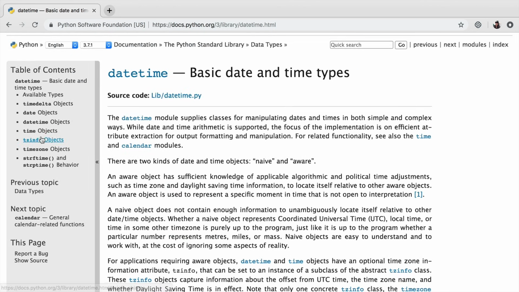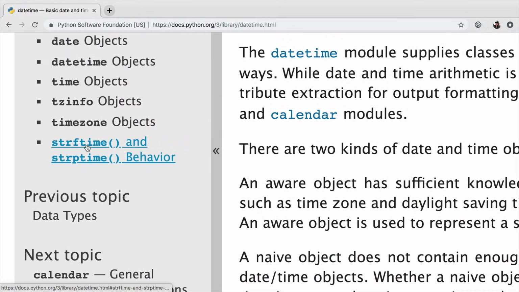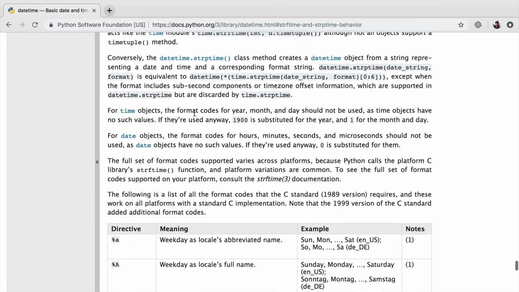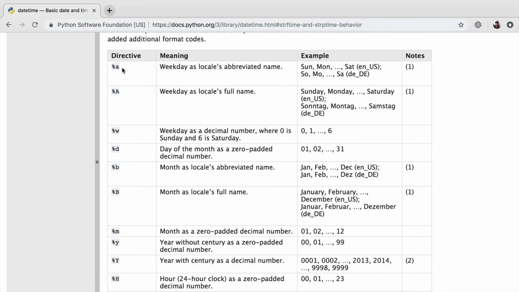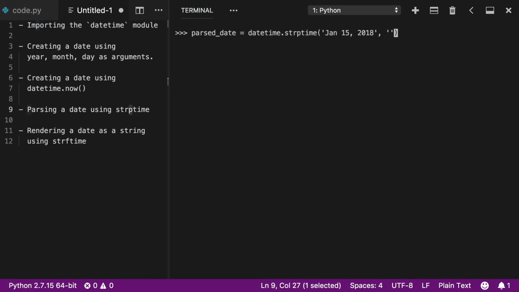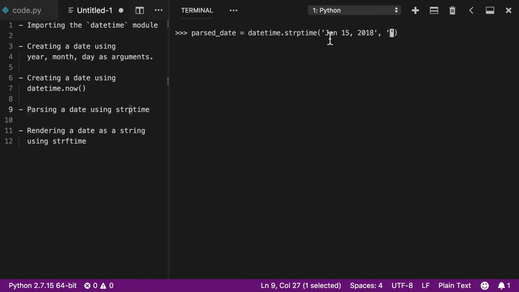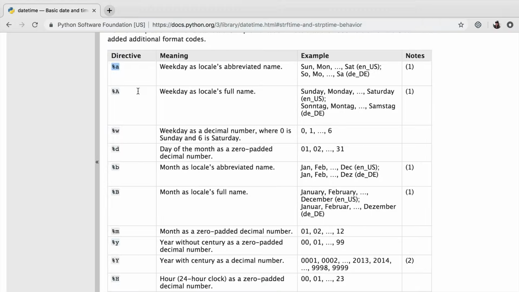On this website, we're going to come over to this sidebar, and we're going to click on strftime and strptime behavior. So down here in this section, this kind of gives you an introduction into how these two functions work. And right now we're looking at strptime. But if you come down here, there's a list of these format characters. And these format characters are characters that we can use over here in our format string, and we can use them to describe the structure of this string right here. So for example, if I wanted to represent what this is, it's going to be the month, and then a space, the day, and then a comma and a space, and then the year. So I can format that exact thing over here in this string using these special characters.